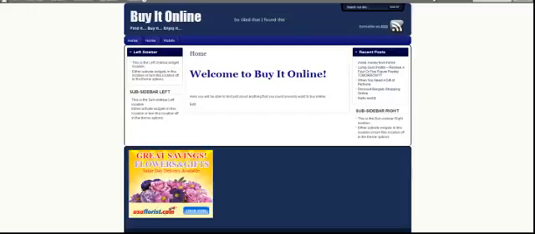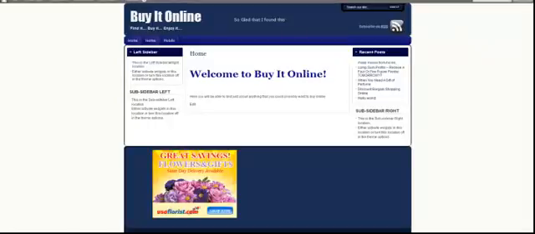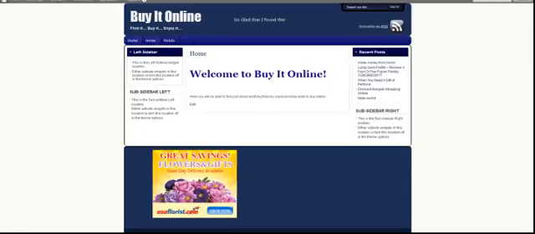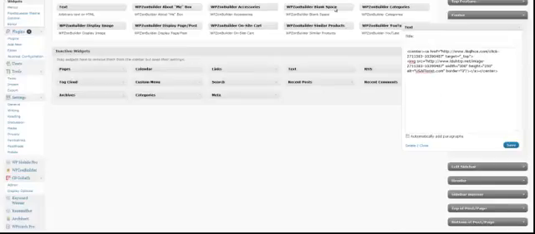Now when I go back, and if I refresh the page, it'll center it. So we can see that it's done is it centered it. But the footer is divided into two separate divisions. So it's actually only centered it in this one division. If you wanted it to just be centered right in the middle, you would have to change the style of your website. So you would go